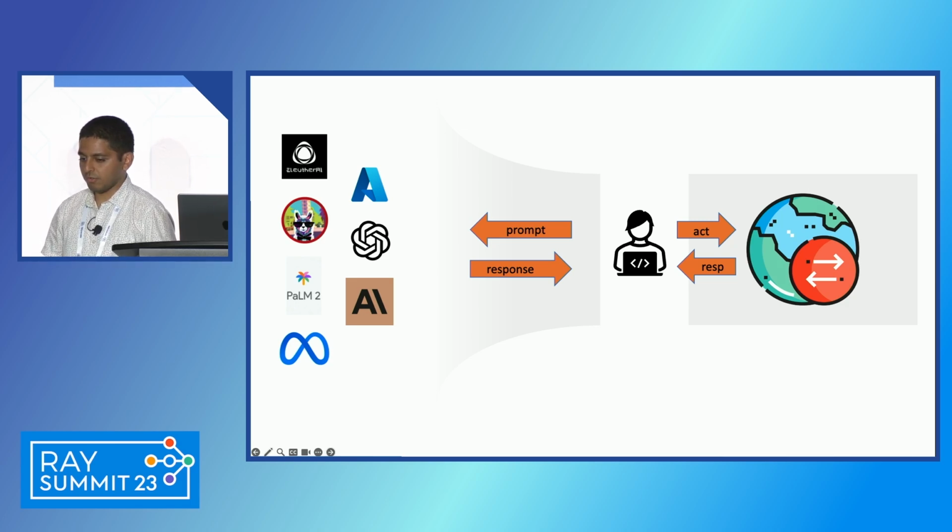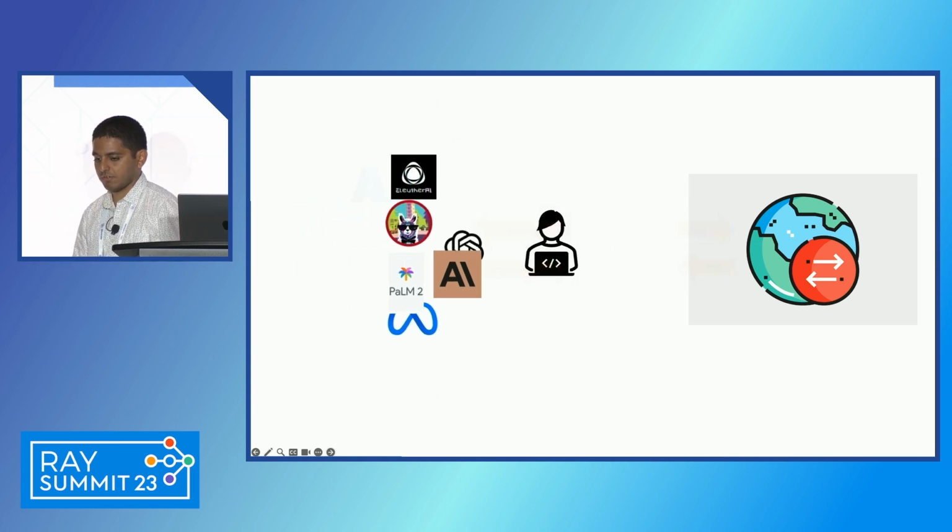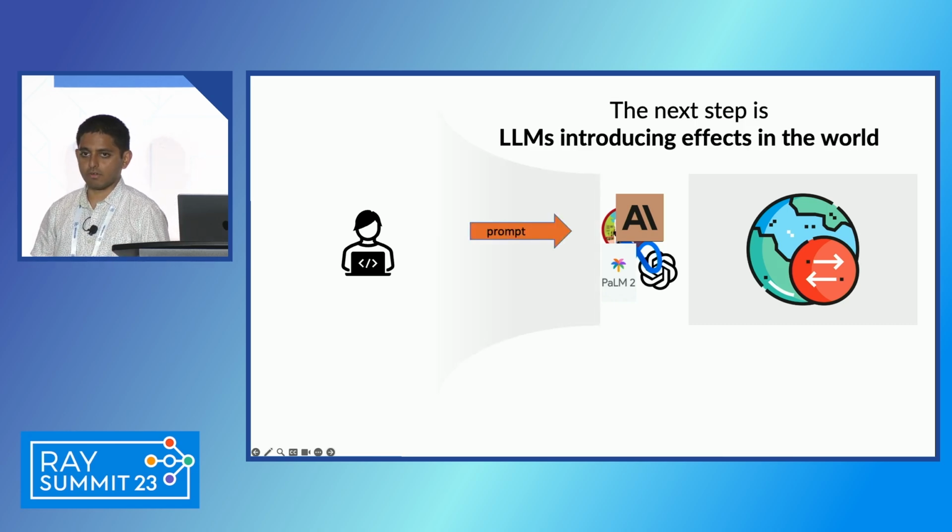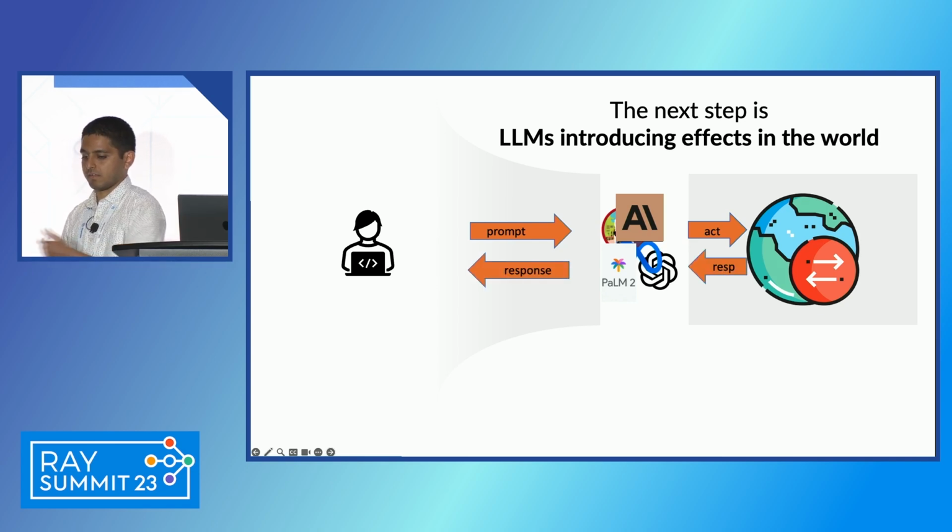Now, what we want to enable is actually to flip this and say, what if you are on the extreme end? What if you go on the left-hand side, and then you talk to the LLM by asking the LLM, hey, look, I want to do X. So you're prompting the LLM, and now the LLM is going to go and perform the activity on the rest of the world. And then you get a response, and then you relay the response back to you as a user, right? So this is the vision that we want to enable.